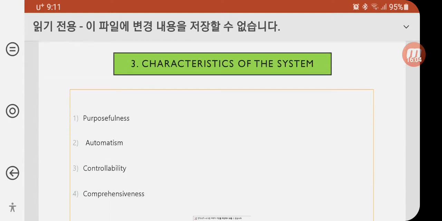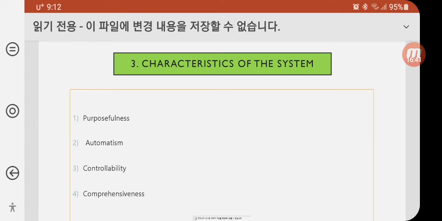Next, we review the characteristics of systems. 4 characteristics: purposefulness, automatism, controllability, comprehensiveness. Purposefulness is that each component has its own functions, so that it has a common purpose. And